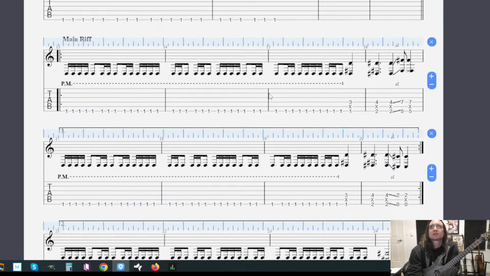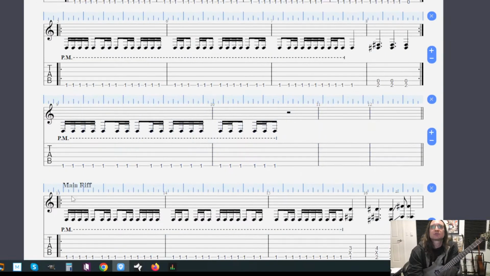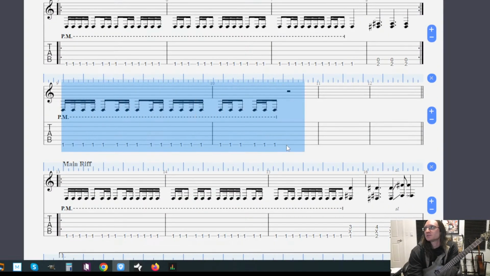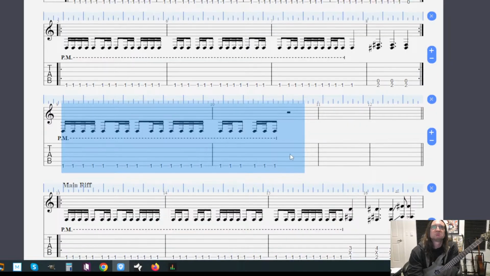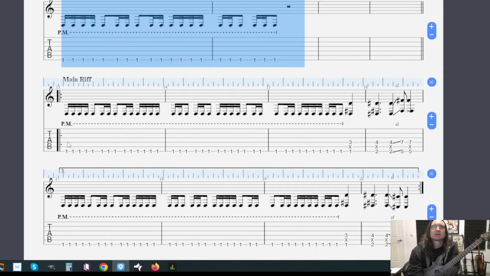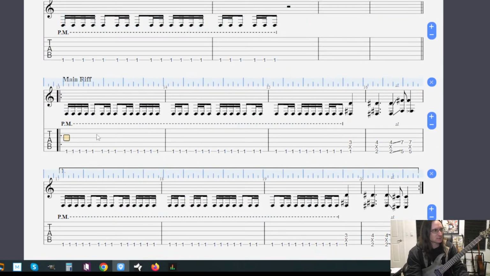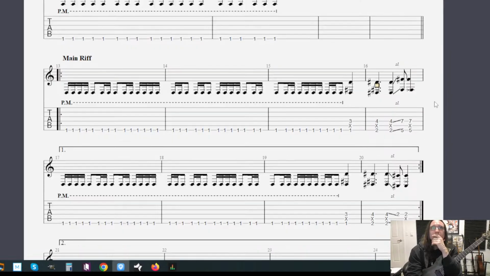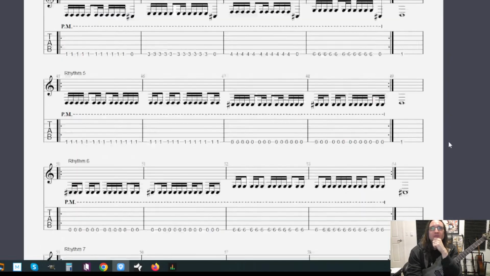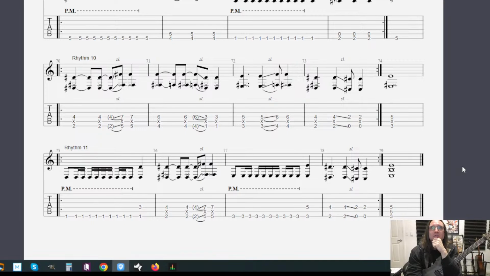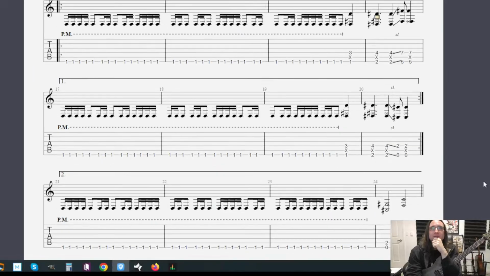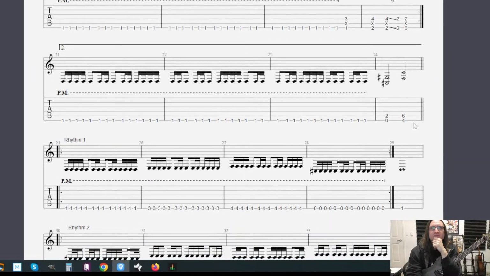Alright, let's put that there. Okay, so this is going to be the main chunk of it all. I'm not going to make a rhythm out of that because it's basically covered already. I don't think we need to do that. Alright, let's see. Review it all. Alright, so main riff ideas are covered down here as well. But should we also cover this?